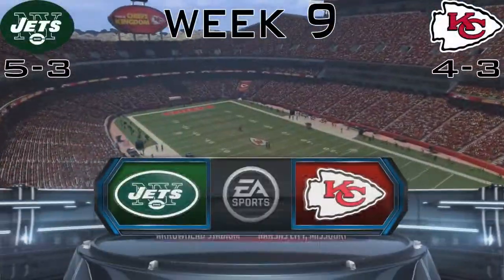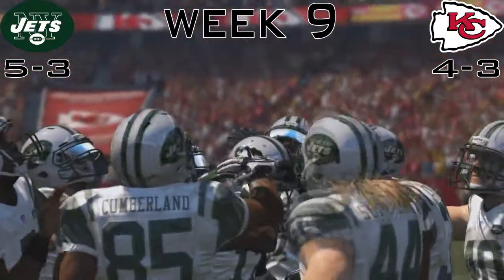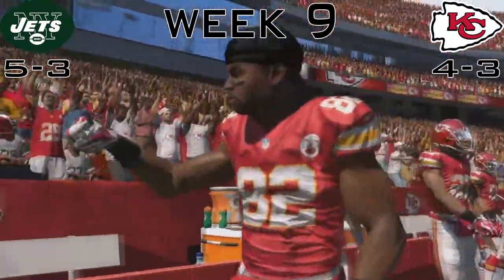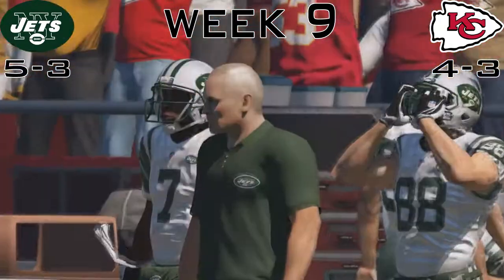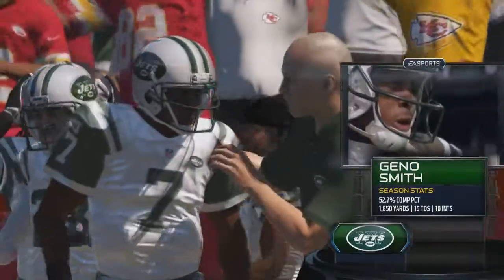Welcome to Week 9 of the NFL regular season. This week, the 5-3 New York Jets are taking on the 4-3 Kansas City Chiefs. This game is very important on the season, one, because we need to climb up in the rankings as far as possible, since the Patriots are still undefeated, and two, this is the team that we made the huge trade with at the beginning of the season, trading Eric Decker for Knile Davis, who has really become our star player